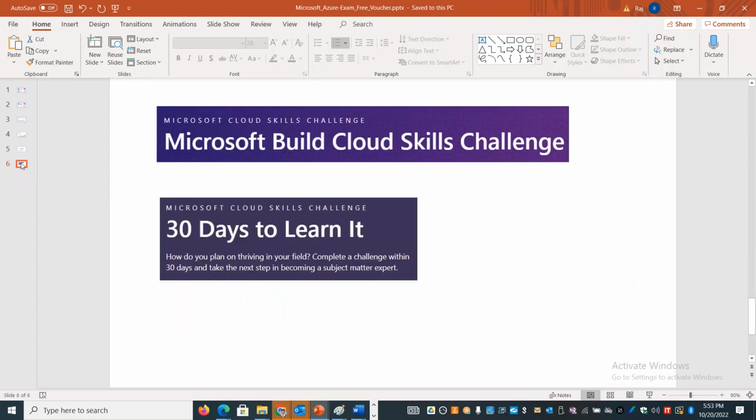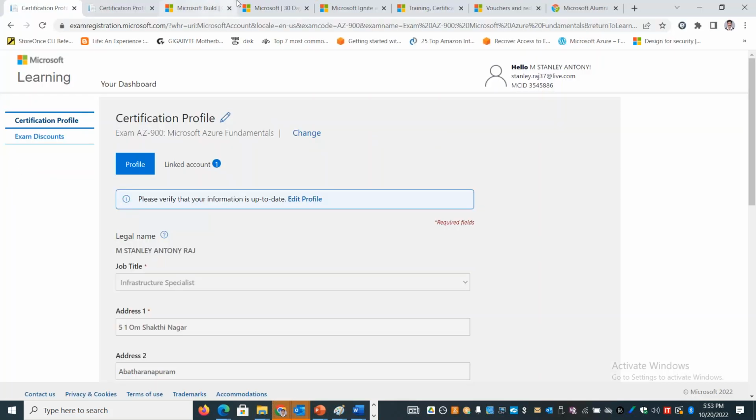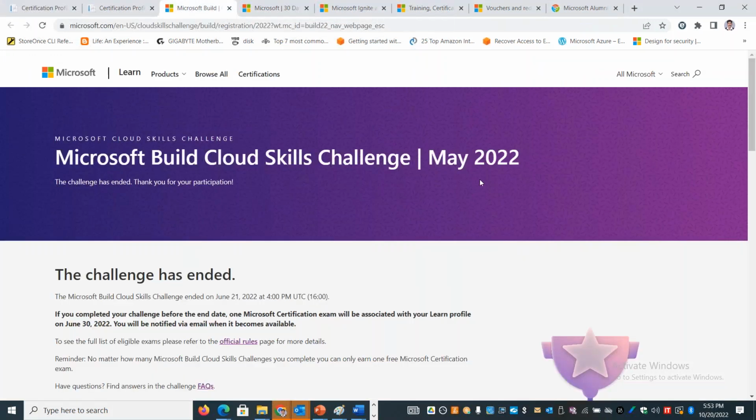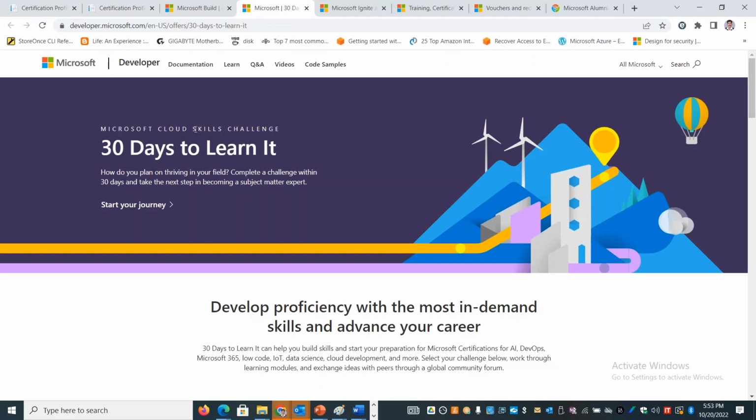Okay, so those are the different options that you have. Besides that, Microsoft generally launches the Build challenge or some kind of skill challenge. This year we had one in May, and there are some other challenges which might come in the future. Once you complete that skills challenge, you will also be eligible to appear for the exams. Similarly, if you use the Cloud Skills Challenge, which is still open, you can start learning along with Microsoft documentation and video tutorials, so that you get a free voucher